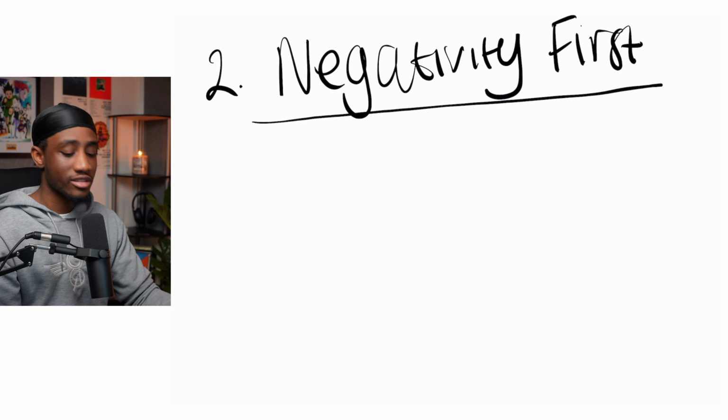So how you're going to use this to dominate the algorithm is start your videos with negativity. I use it all the time. You can call it FOMO or fear, but just start with negativity. Anything that's negative, fear and FOMO are also negative. One of my videos that went viral, I started it off. It was about Premiere Pro and 3 plugins. I said, never open Premiere Pro again until you try these 3 plugins.